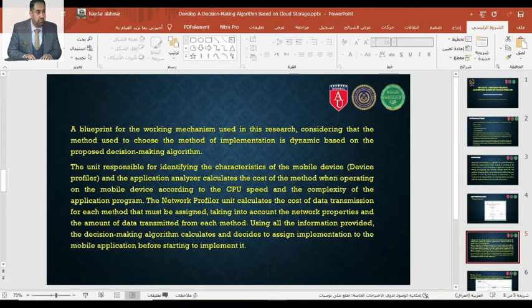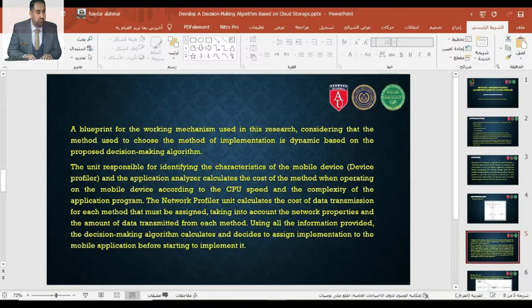The unit responsible for identifying the characteristics of the mobile device, the device profiler, and the application analyzer calculate the cost of the method when operating on the mobile device according to the CPU speed and the complexity of the application